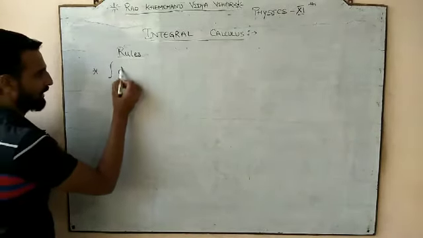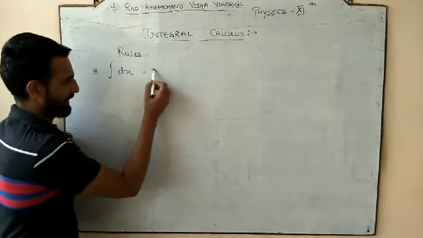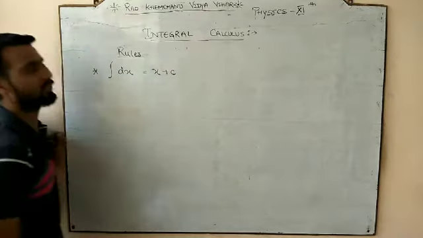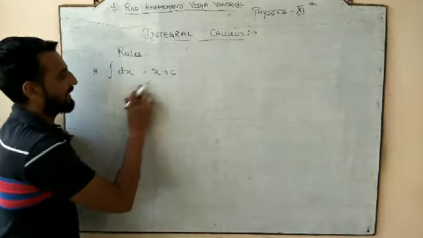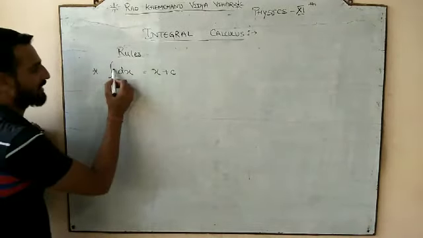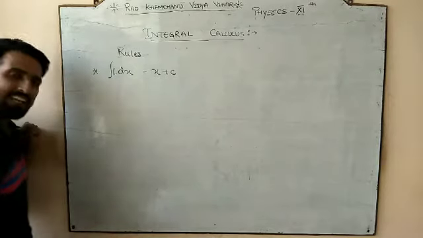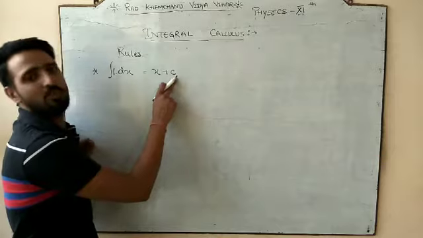So first of all, integration of what? Only dx. So integration of only dx is equal to x plus c. Okay, x is that initial function जिसका differentiation करेंगे तो हमें वापस यहाँ पे 1, you know that we can write only dx means 1 into dx, but c represents the constant.